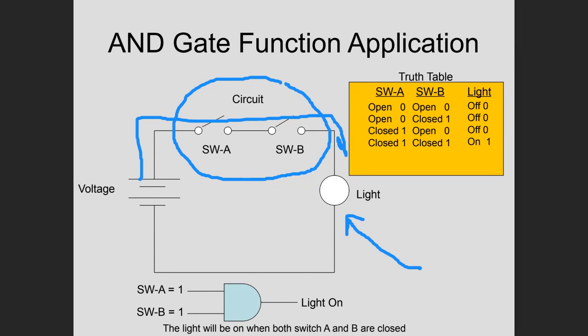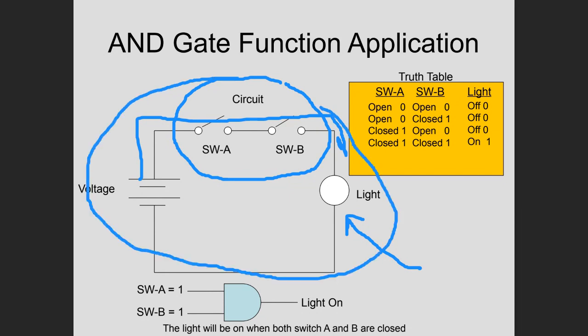Okay, so here's an example. Instead of drawing this and thinking about it this way, I think in the back of your mind you want to just understand that the AND operates like this, but all we're going to deal with is this. So when you see this, I want you to think about this circuit and think about this truth table. Eventually, we don't even want to have to deal with a circuit. We want to